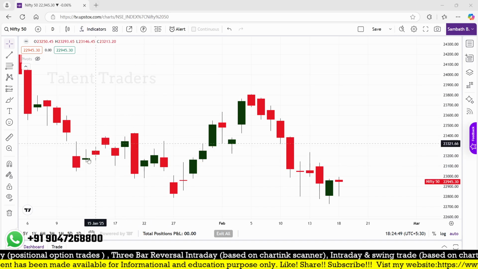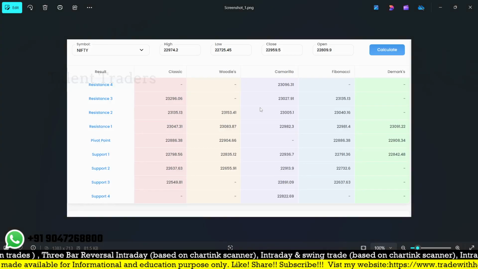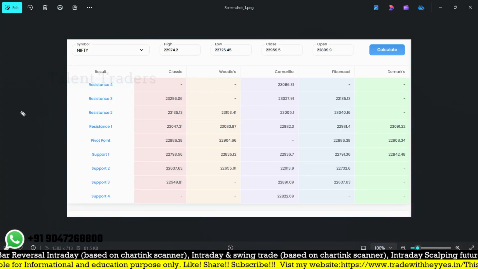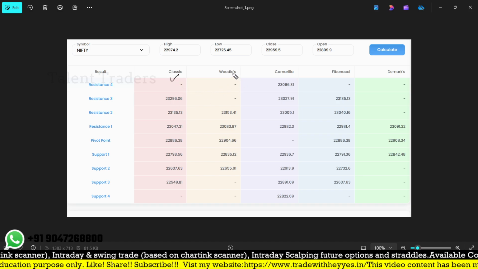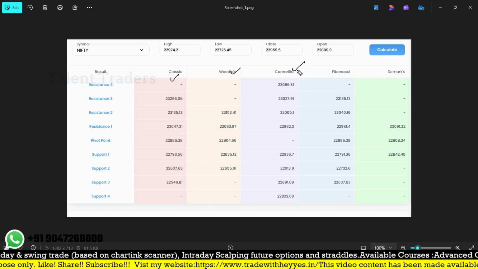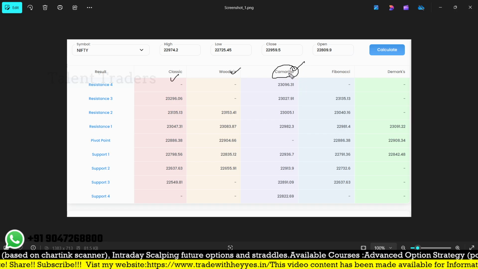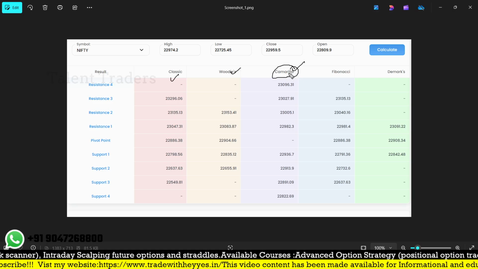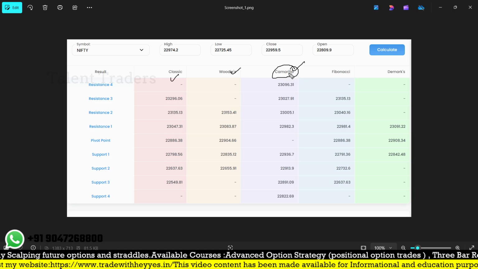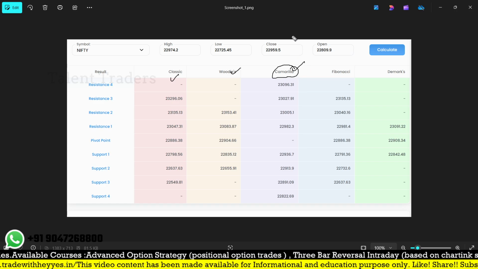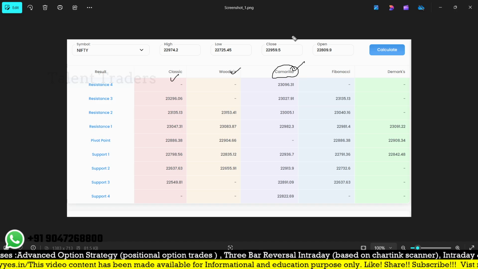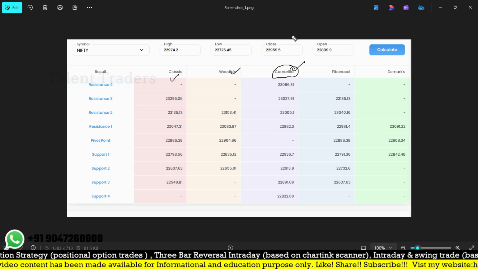Here are the levels for Nifty. There are a lot of calculators, and I've taken these from one of the websites. This is the classic pivot point, Woody's and Camarilla. We have already created Camarilla-based pivot point calculators and also pivot point scanners, Camarilla scanners for breakout and for support. A lot of scanners which you have created in charting